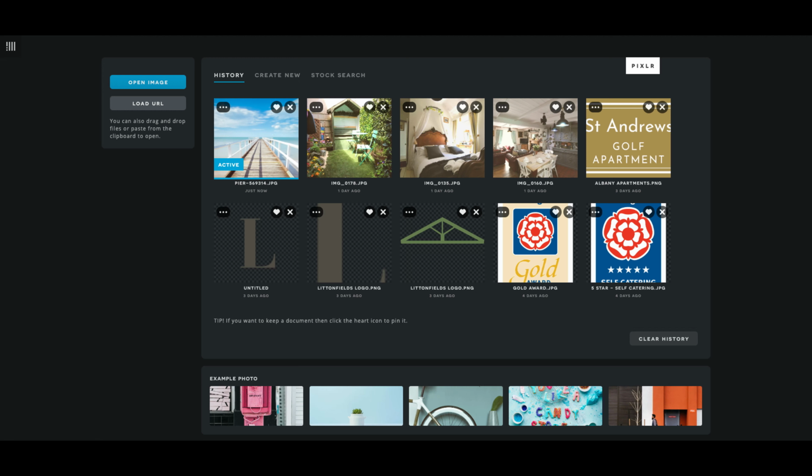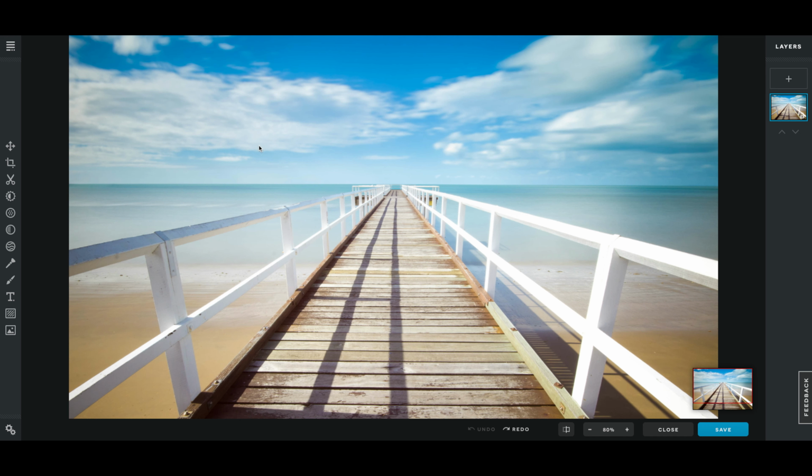Hi there, quick video to show you how to use Pixlr X. So basically all you need to do is, once you're on the site, you open the image. In this instance I've just selected this one, which is quite a nice big size, and to resize all you